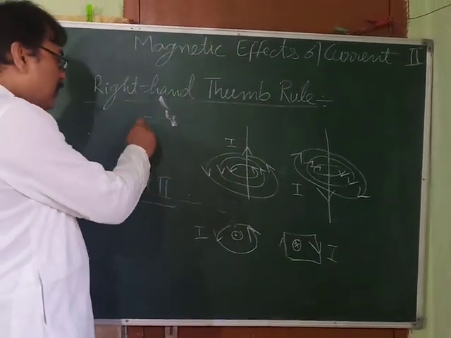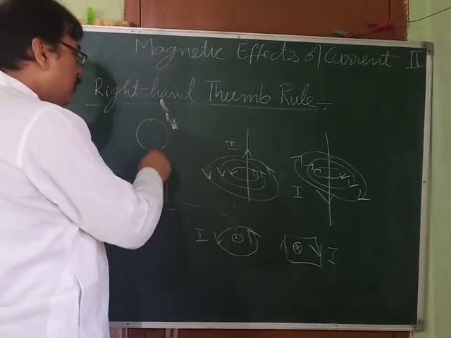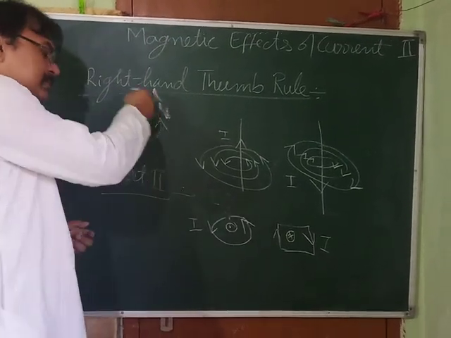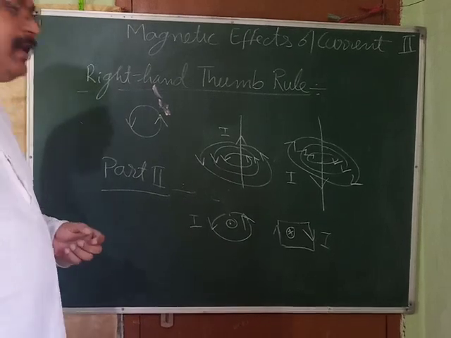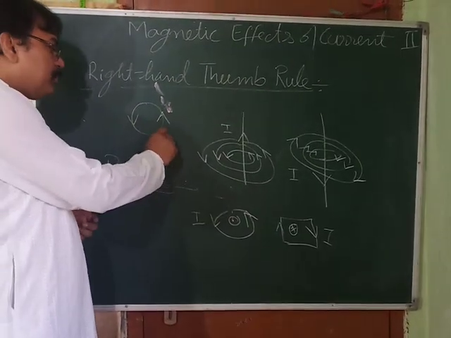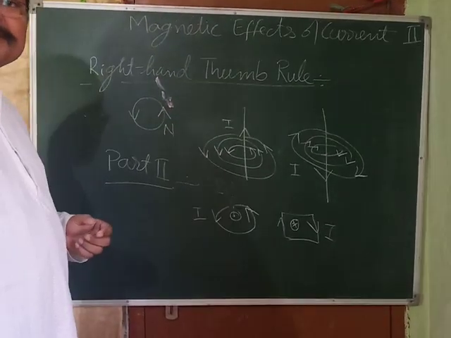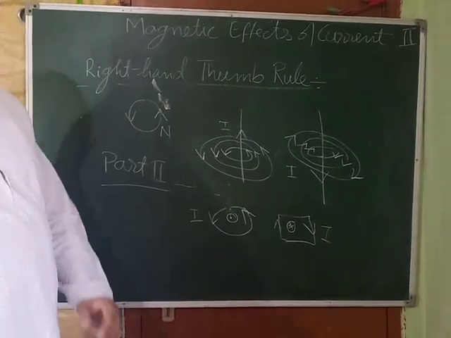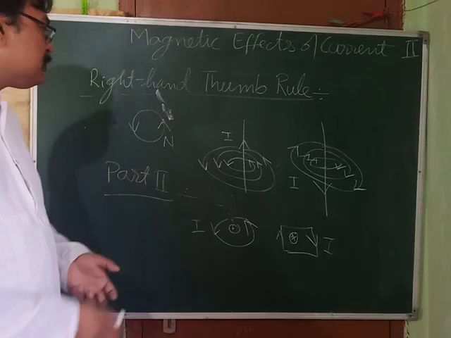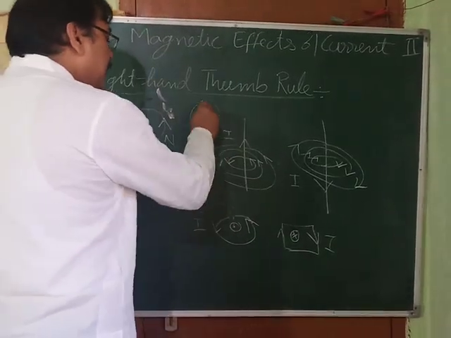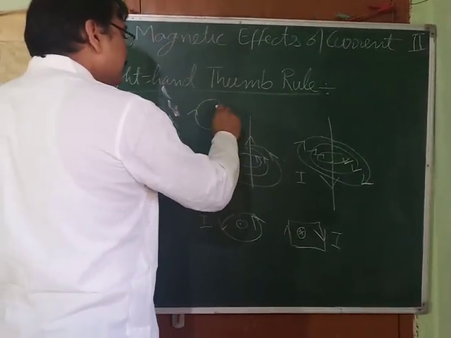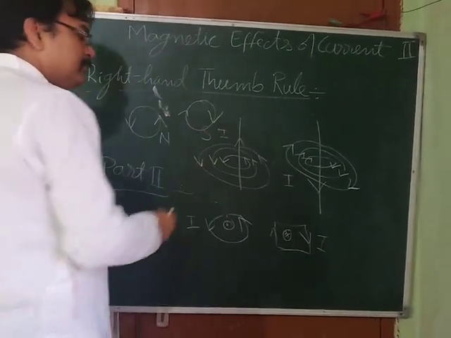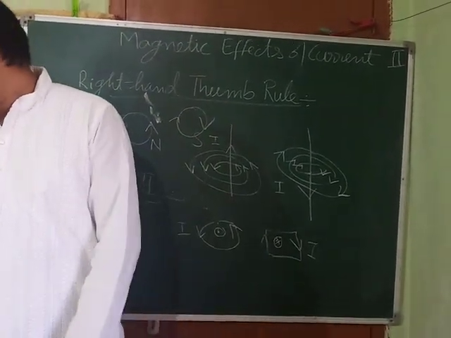Okay. Now, note one more thing. When you have got a circular loop or a rectangular loop, whatever it is, doesn't matter, and you find the current flowing in it is anti-clockwise, then it produces a north pole on this side. And it produces a south pole on the back side. Why? Because when the current appears to be clockwise, then it produces a south pole on this side.